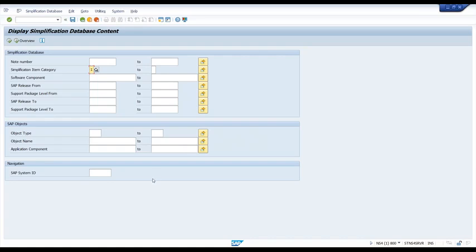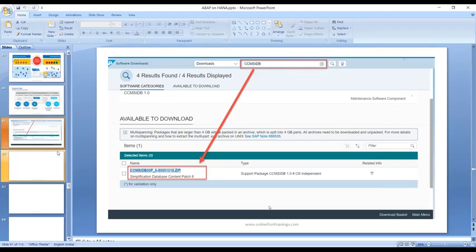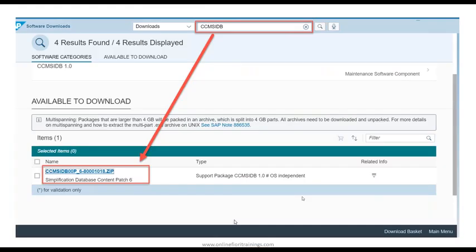Now, when you have custom code, typically you put all your custom code inside your custom package, the Z package. And now I have a couple of good examples for all of you to demonstrate. So what is the general procedure, what is the general guideline when your company decides to go for S4HANA and they have lots of custom code and they say, hey, ABAPer, can you tell me what I can do?